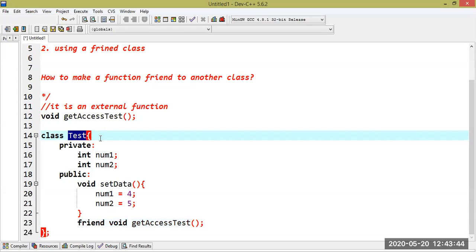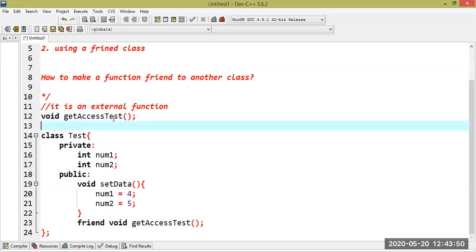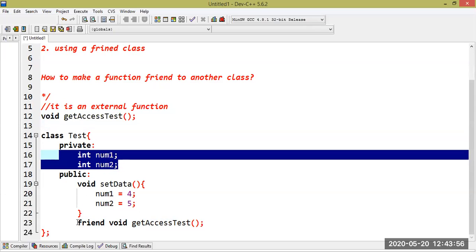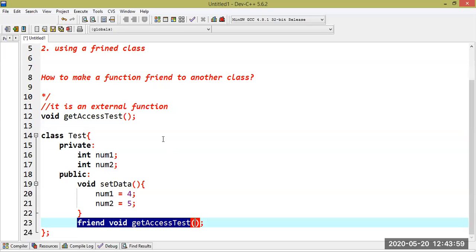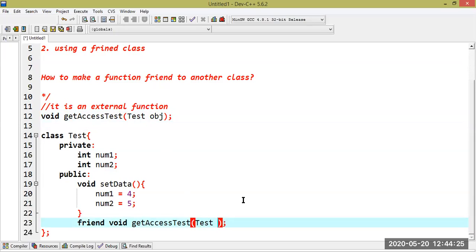Another point to remember: when we declare a function externally and want it to access private data members of that class, step one is to make the function a friend to that class, and step two is to pass a reference of that class as an argument to the function. We can also pass an object. So here we are passing obj as an object of class Test as an argument, and we write that parameter here also: Test obj.